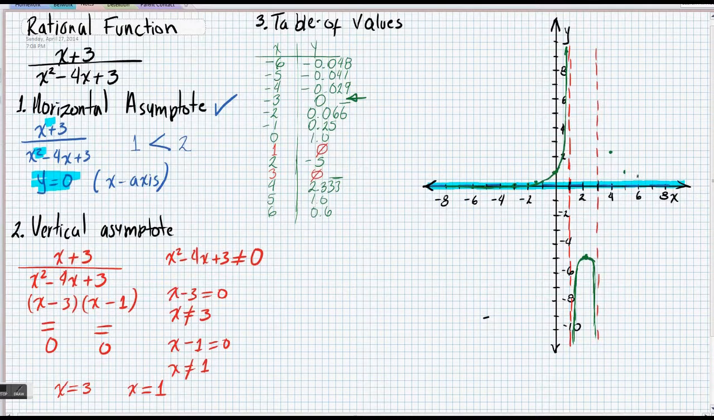Now, we have that 4 is 2.33, which is somewhere in here. At 5 is 1, and at 6 is 0.6. And that, guys, is how you draw